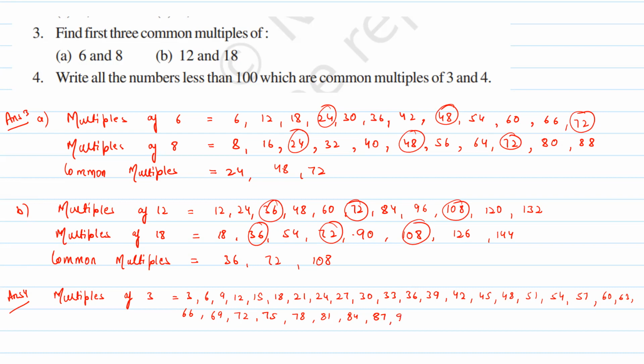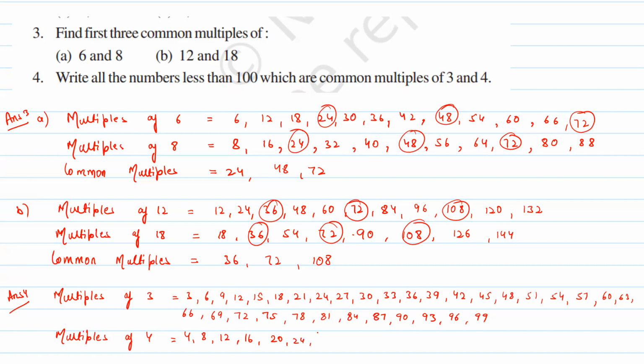87, 90, 93, 96, 99. Similarly, multiples of 4: 4, 8, 12. Multiples of 4 will be 4, 8, 12, then 16,